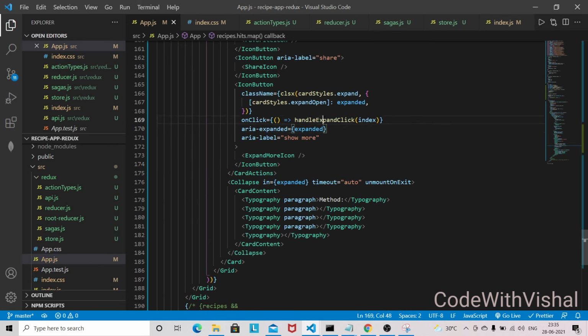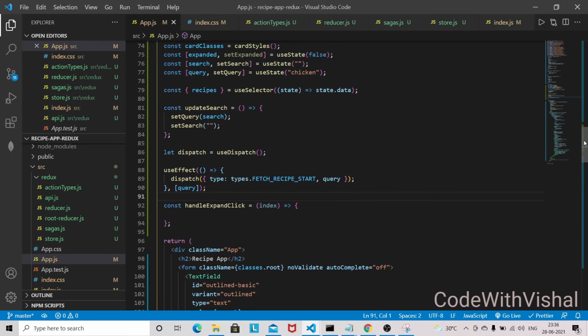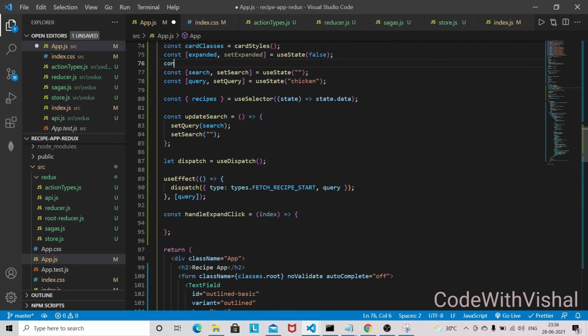So let's go into this function, and we have to define one more state before we start working on this. const cardValue, setCardValue, useState, and let's make it empty.